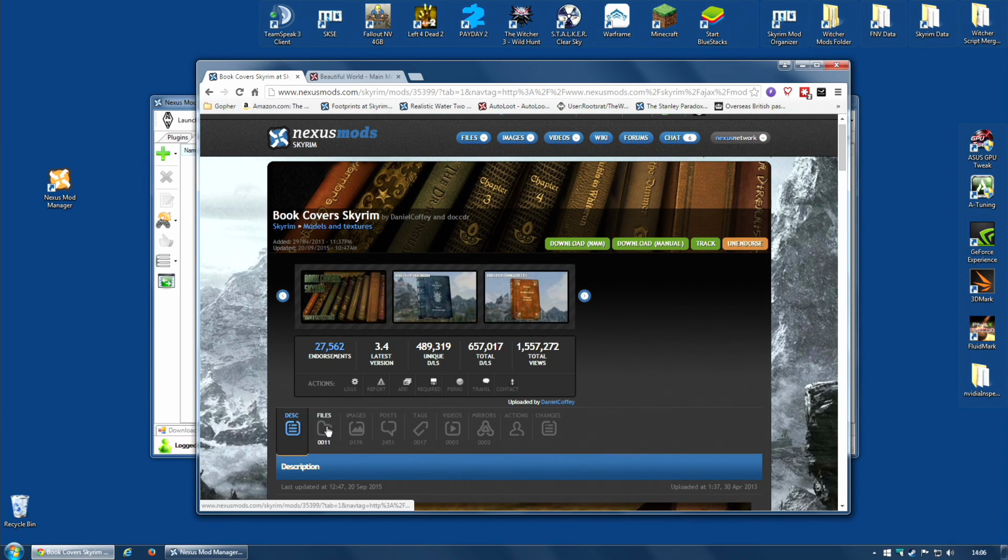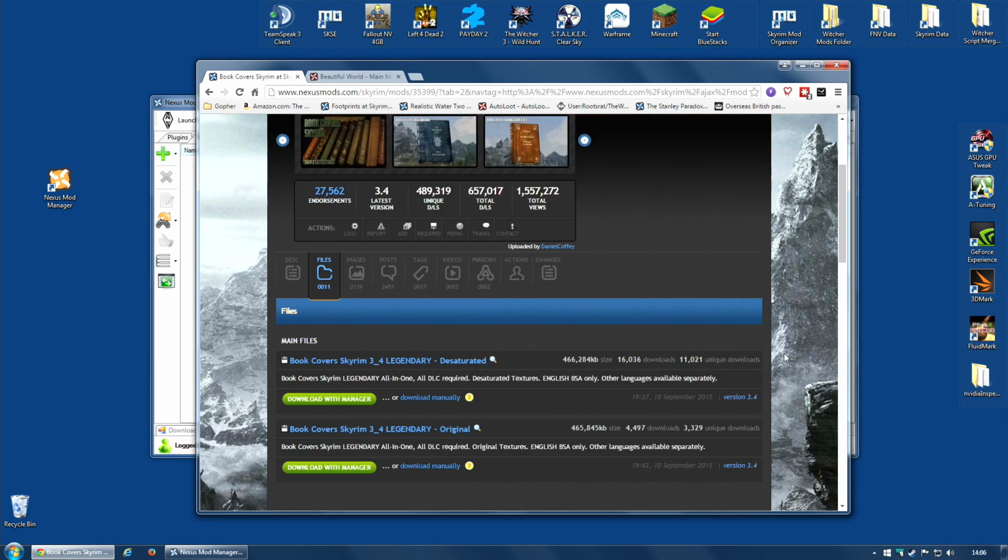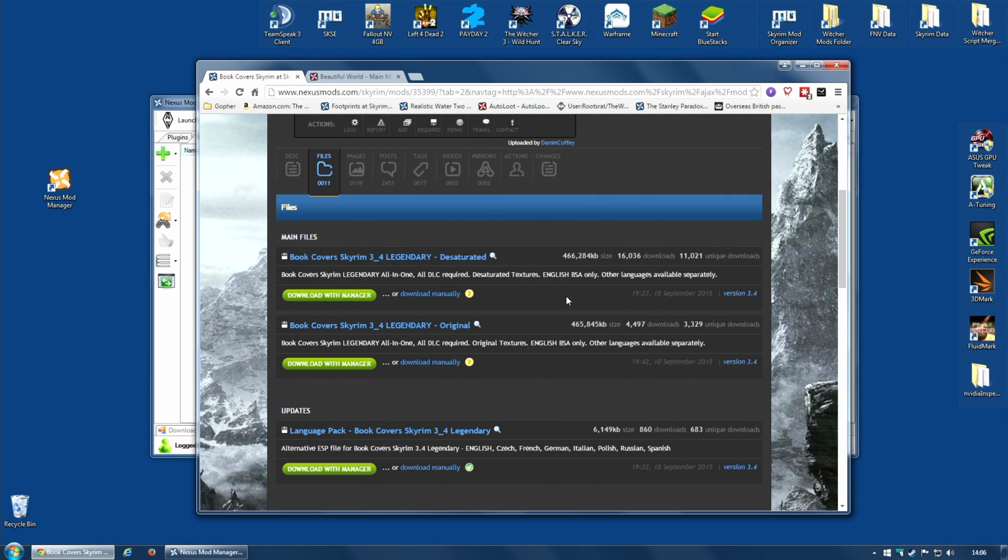All you need to do is go along to the file section on Nexus and choose which version you want. Under main files, there are actually two versions of this mod. The standard one, the original, which gives you a lovely, high quality, colourful version of the books, and a desaturated version, a version that's slightly less colourful. I happen to like the desaturated version, but that's a matter of taste. But that's the one I'm going to choose, and all I need to do is hit download with Manager, and